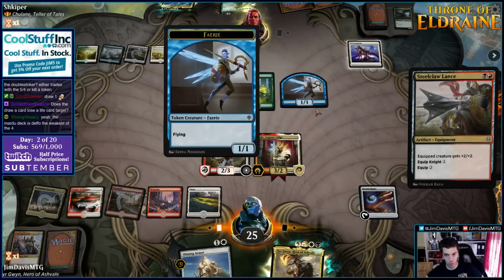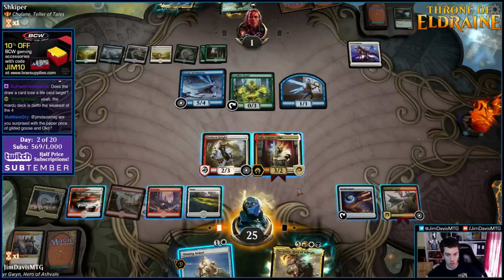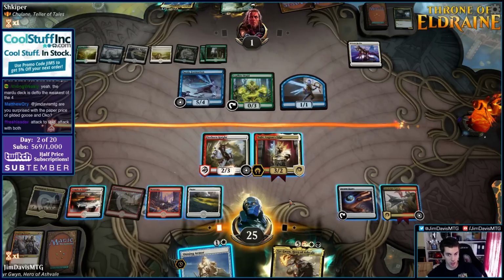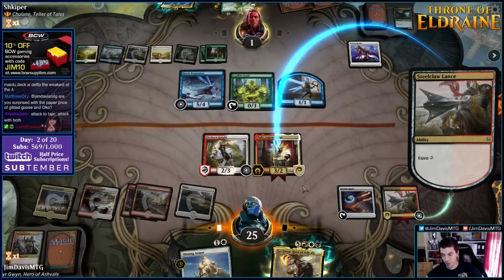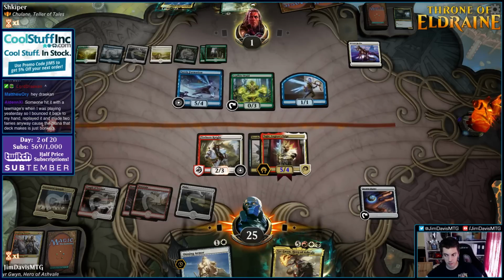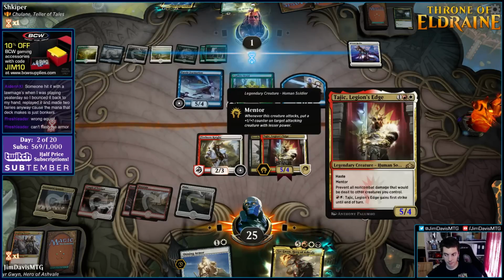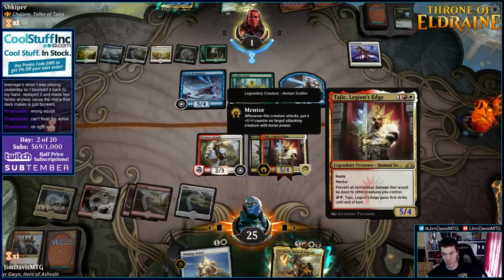I don't know how we're ever getting through a wall of 1/1s. This is 3 to equip to a random thing. If I want to put it on Tajik, I guess I want to put it on Tajik. So Tajik can attack. Kind of tilted Tajik isn't a knight. It's not a knight. Soldier. Don't know why Tajik is in his deck, but...